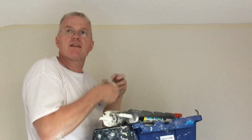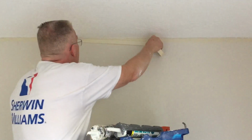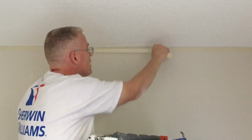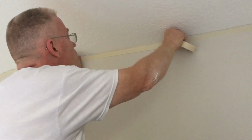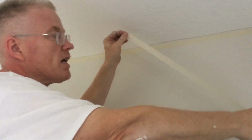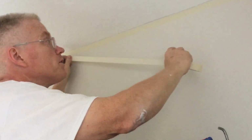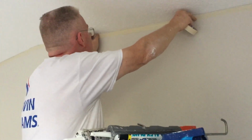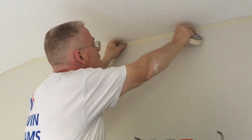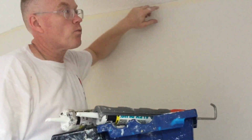And so you just take it, we already taped the ceiling, but just for argument's sake, you take your tape and you form a level line parallel with the ceiling. This ceiling is on an angle here, so we're just going to go with the angle of the ceiling, making each side of the tape equidistant from the ceiling, and therefore in the middle will follow, as long as you have it nice and tight. So you tack it down, you bring your tape along, you make sure that it's equally distant. It will form an illusion that you have a straight line in the corner,